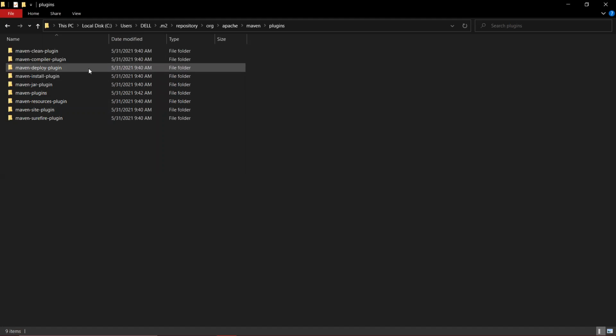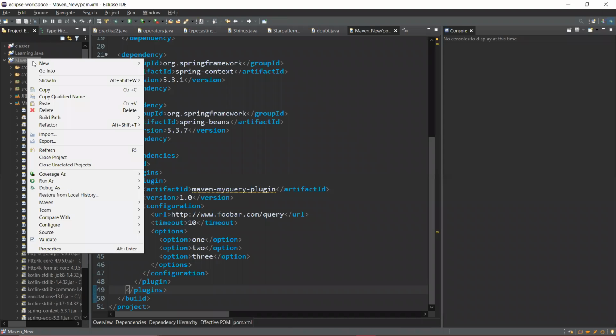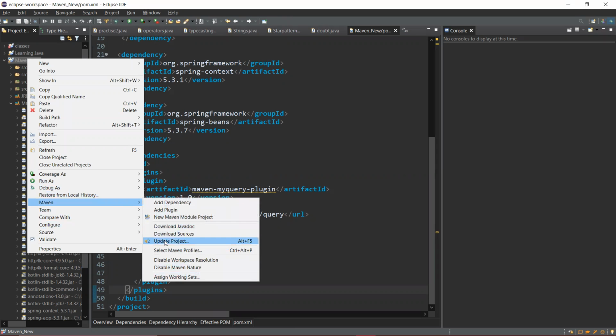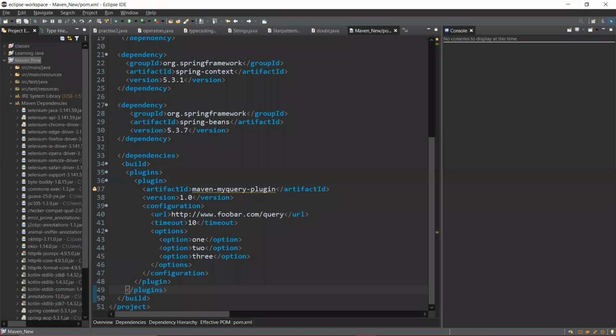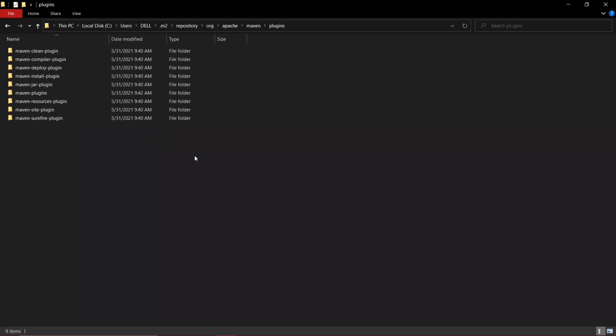It's not available. No, sir. So maybe it is not compiling in your project clearly. Can you do a force update once again? Try to refresh it once. It's not available, right?